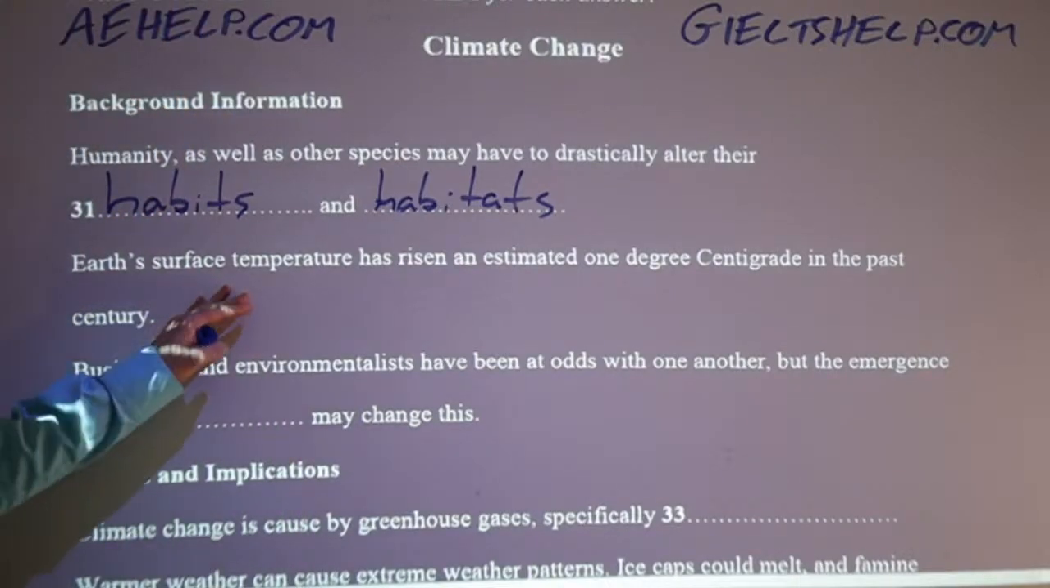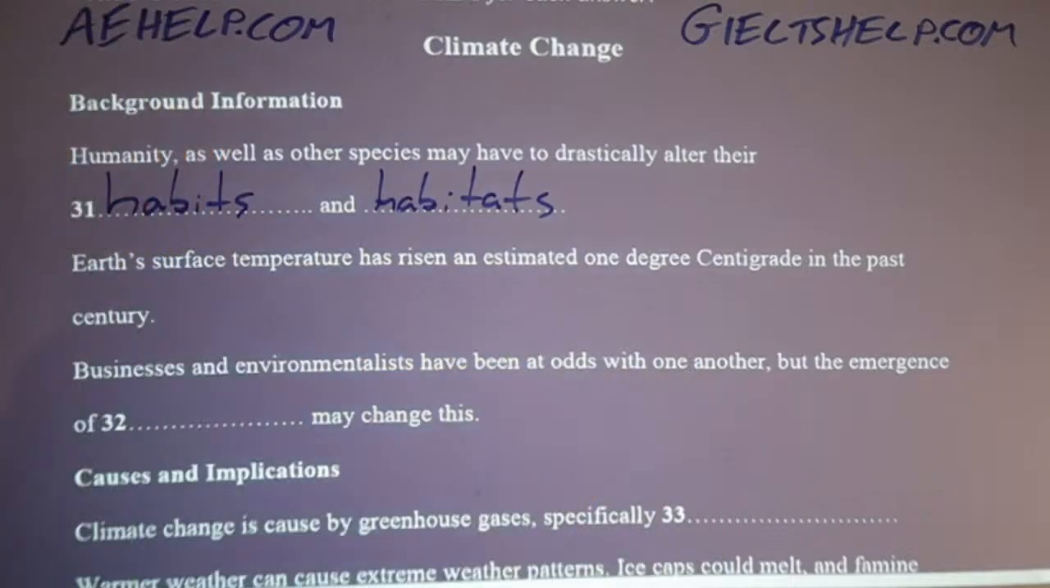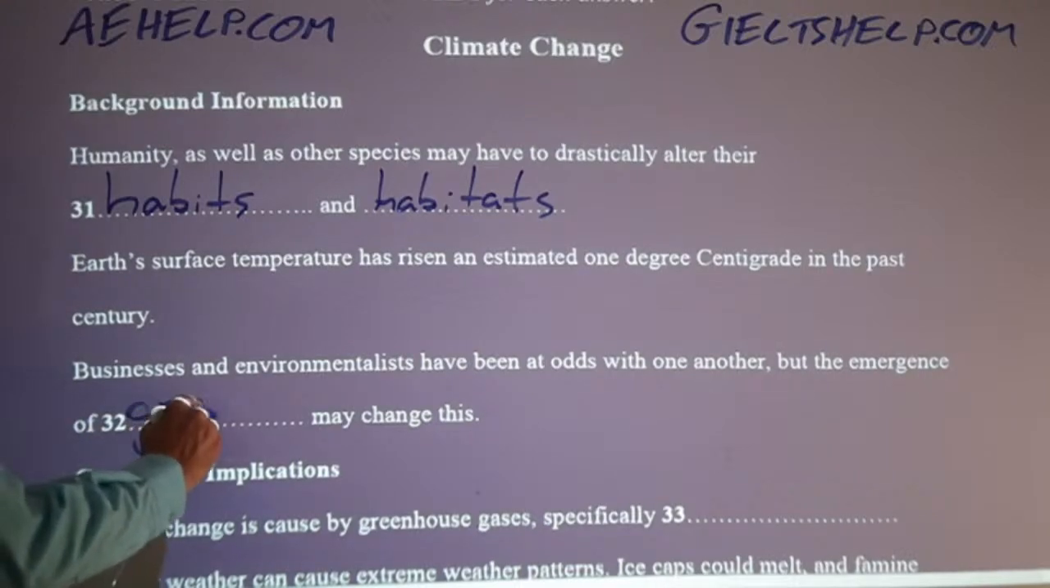People are finding it a good place to live. Earth's surface temperature has risen an estimated 1 degree centigrade in the past century. Businesses and environmentalists have been at odds with one another, but the emergence of something may change this. So here you really had to pay attention. This is a noun. Okay, this space fits a noun. The emergence of some kind of a product. Yeah, very good, Hari. So Hari and Bakra both say it's green products. Blueberry, yeah, be confident, okay? So green